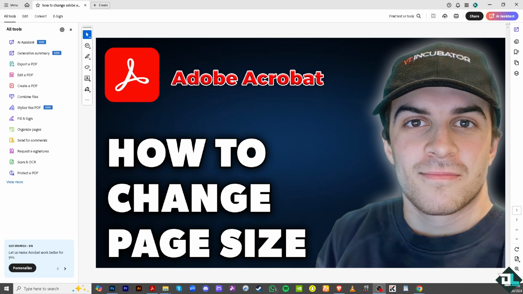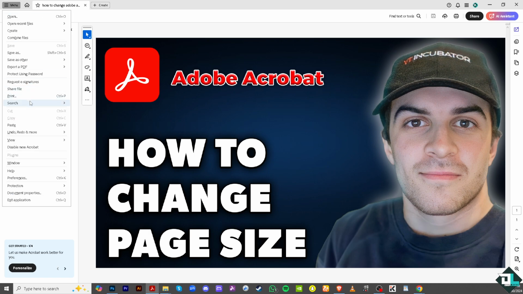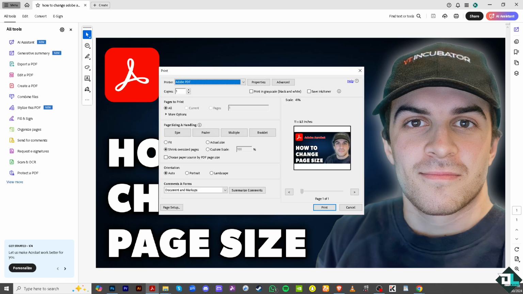Changing the page size in Adobe Acrobat is a simple process that can be done using some of the tools available in this platform. So once you open the Adobe Acrobat application on your computer, hover to the file that you want to resize. Now, for example, if you're using this, go to the menu, click the print option, or press Control+P or Command+P on your keyboard. Once you are in this section, I want you to click the printer